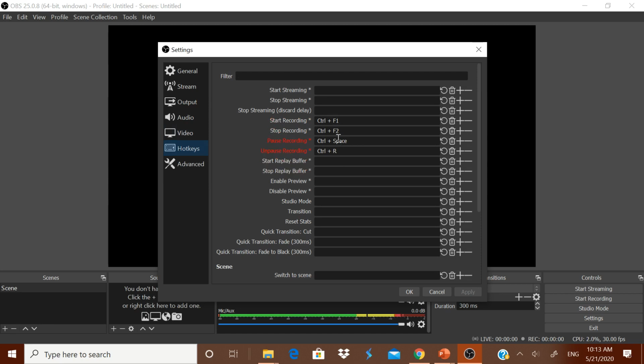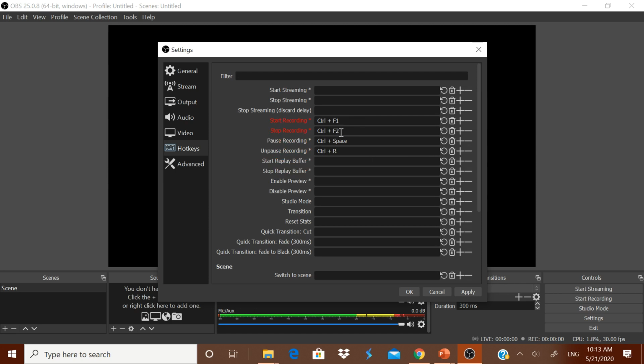I have made some shortcuts here. For start recording, I have made Ctrl plus F1. How did I get it? Very simple. I am just deleting it and showing you. You have to press Control and F1 together. Then automatically Control plus F1 will get fixed there.